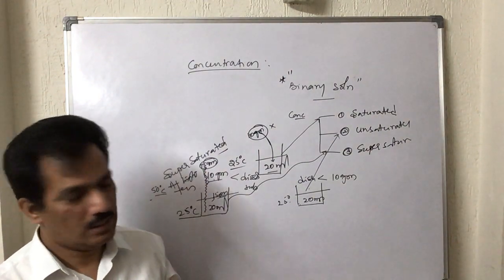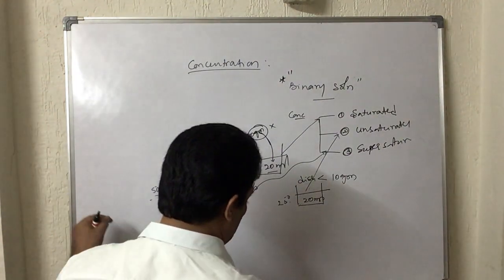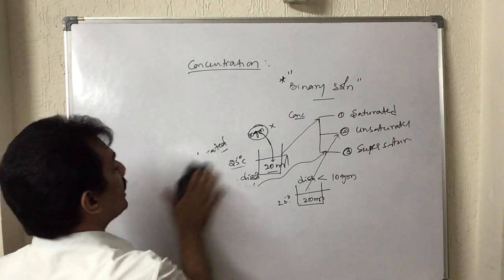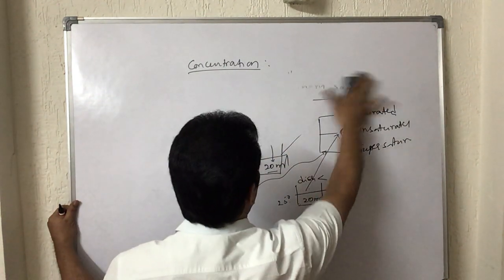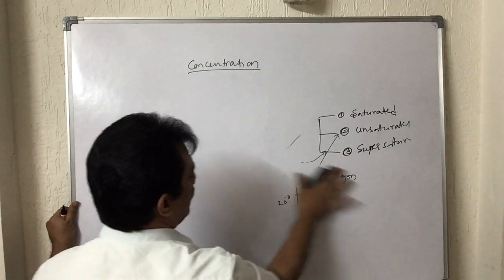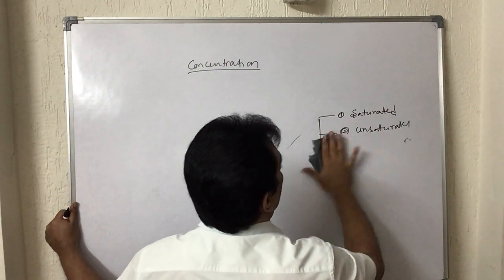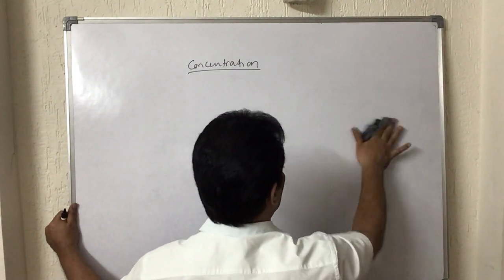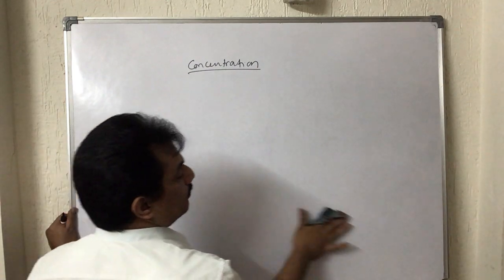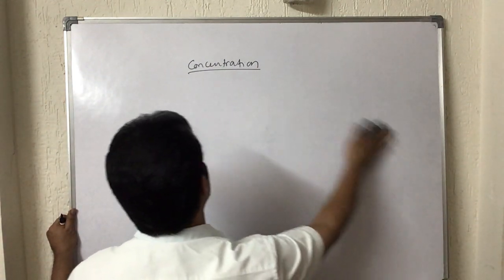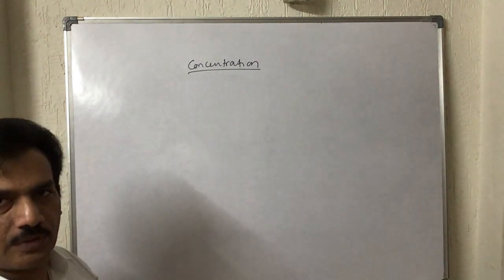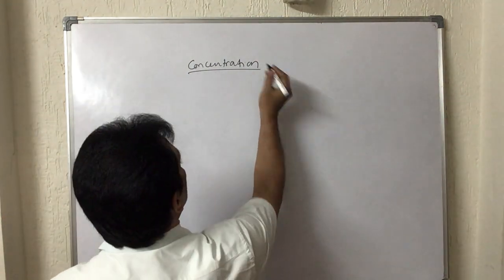Clear? That is about this, depending on the relative amounts of solute and solvent. If a sufficient amount of solute is dissolved in the given amount of solvent at a given temperature, it is saturated. If more than that is present, it is supersaturated. If less than that maximum quantity is present, it is unsaturated. Clear? Now, concentration is